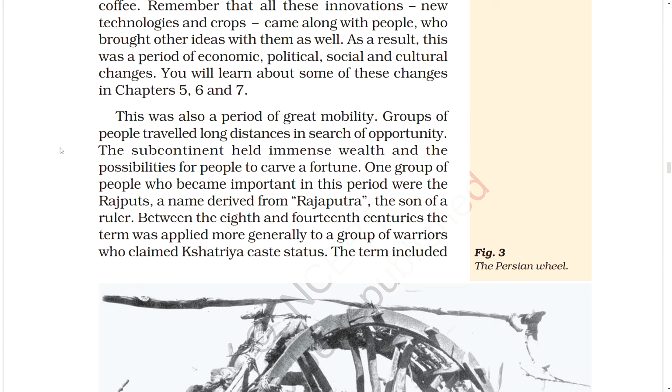One group of people who became important in this period were the Rajputs, a name derived from Rajputra, the son of a ruler. Between the 8th and 14th centuries, the term was applied more generally to a group of warriors who claimed Kshatriya caste status. The term included